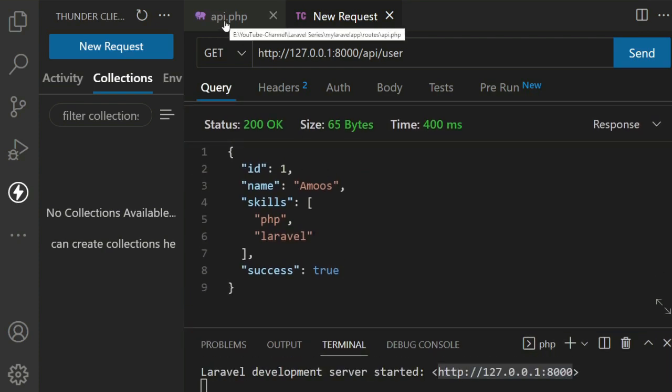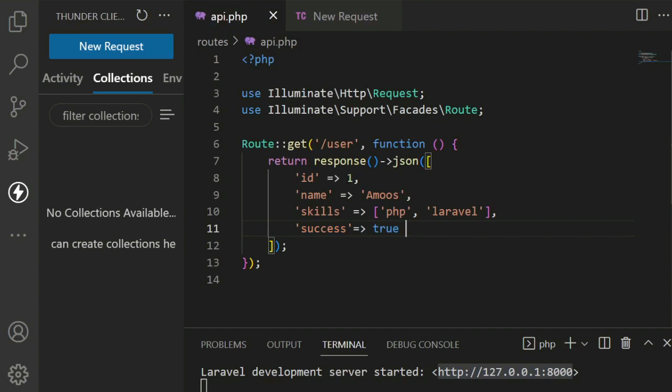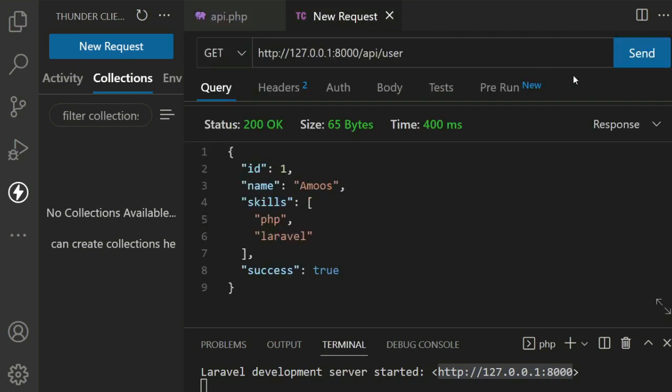Let's make a small change. Right here, .NET. Save. Send again. You can see